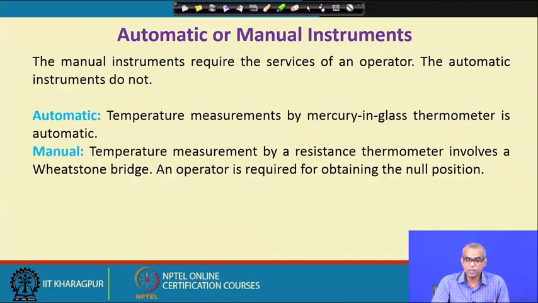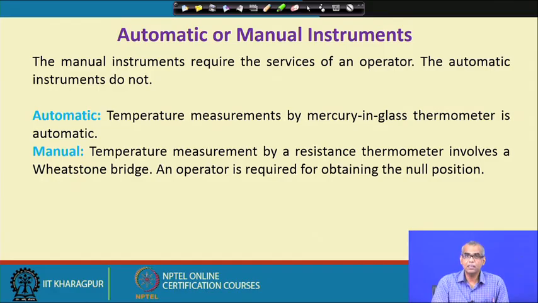Let us say temperature measurements by mercury in glass thermometer. It is an automatic instrument because it does not require any service of the operator. You just have to put the thermometer in contact with the medium whose temperature you are measuring. Temperature will be indicated by the position of the mercury in the scale. Now, a manual temperature measuring instrument: